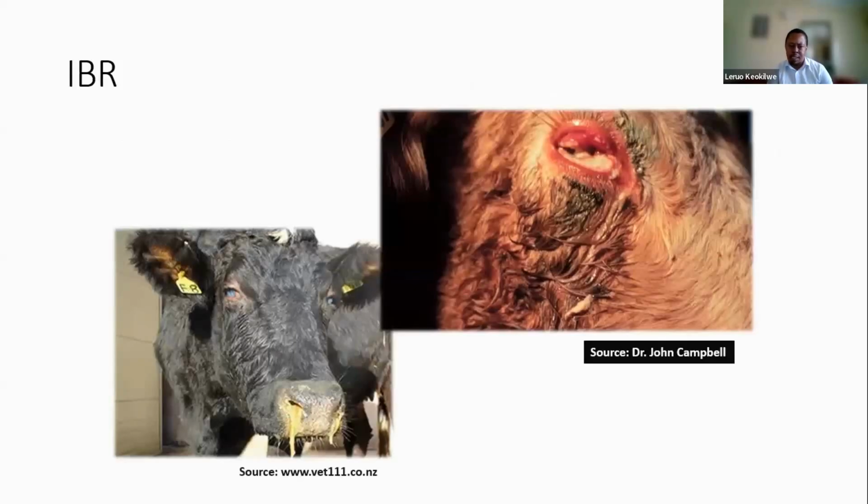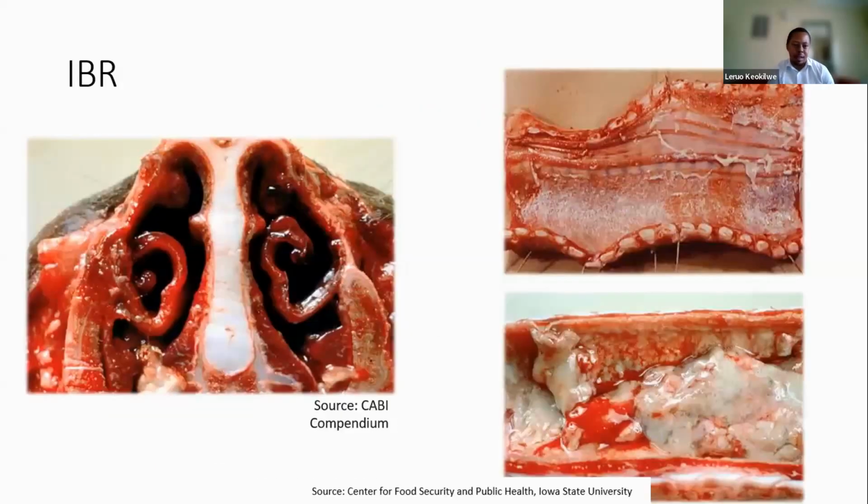So at antemortem, we should be able to pick this up very easily, and obviously at the abattoir, this is a sick animal that should not go into the food chain. But of course, further investigation by postmortem or even submission of diagnostic samples to the lab should assist you to make a diagnosis. And this is the rhinitis that is caused by IBR on the left. And we can see the tracheitis, the hemorrhagic lesions,